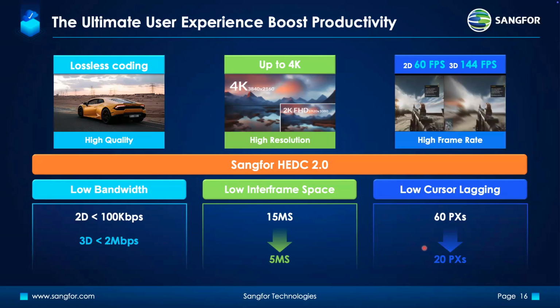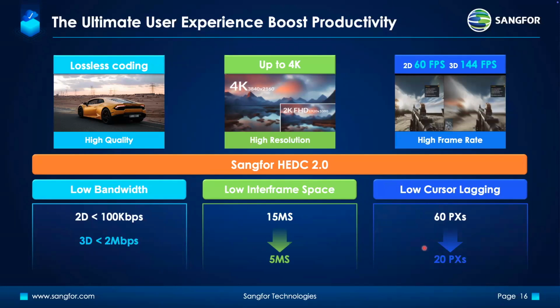You can still provide the high resolution to the users. For 2D, we support up to 60 frames per second, and for 3D, up to 144 frames per second. Now, all of this that I'm talking about is done by the HEDC protocol to deliver high quality images, videos,